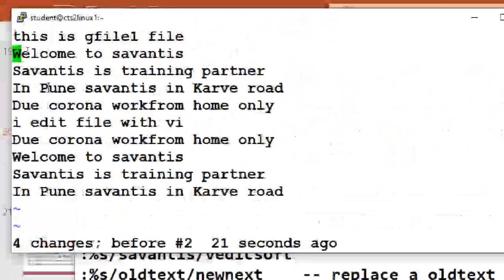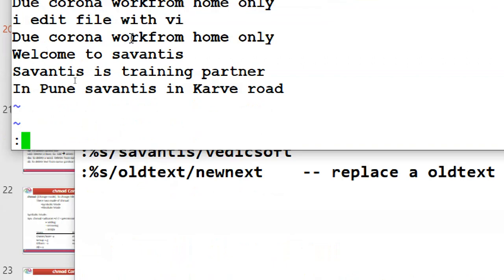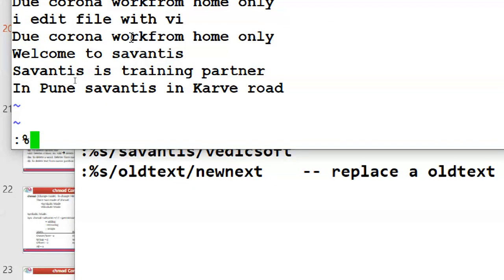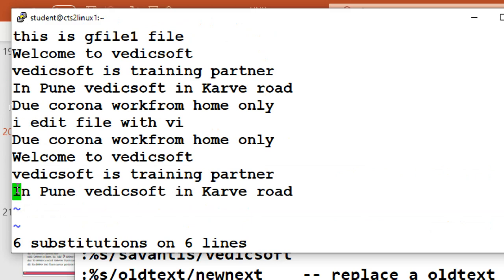It is changing in the entire file. Of course, the capital S is not changing, because of case sensitivity issues. I'm trying a new trial. Six substitutes. Now the capital ones also change to Vedic soft.